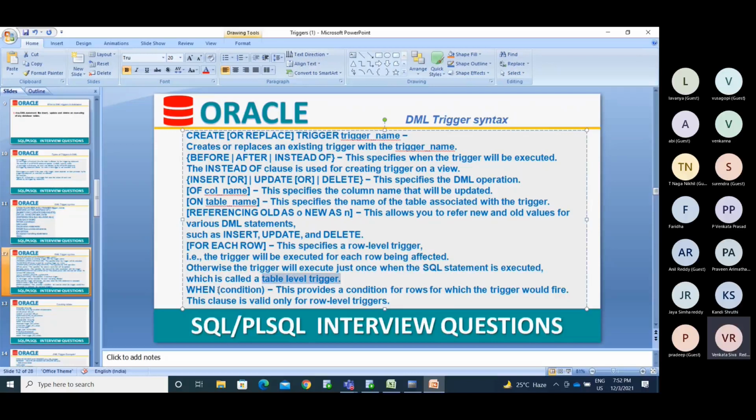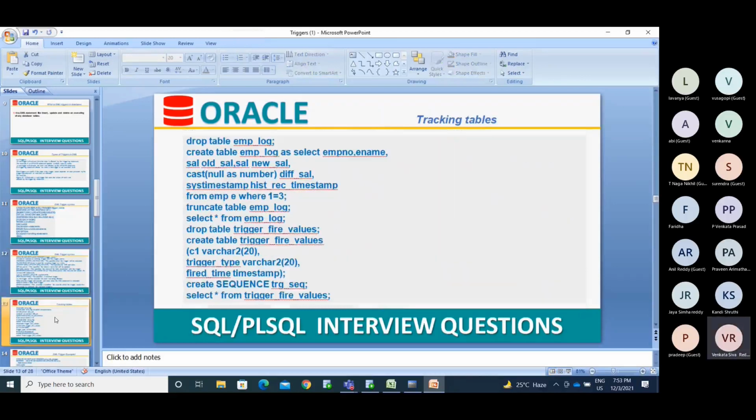So I will write the condition when DEPT number equal to 10. Take the department value from that insert or update query and compare it: 10 equal to 10, 20 equal to 10, 30 equal to 10, like that. If the when condition is satisfied, only then will it come into the process; otherwise it won't. So this is the syntax explanation.